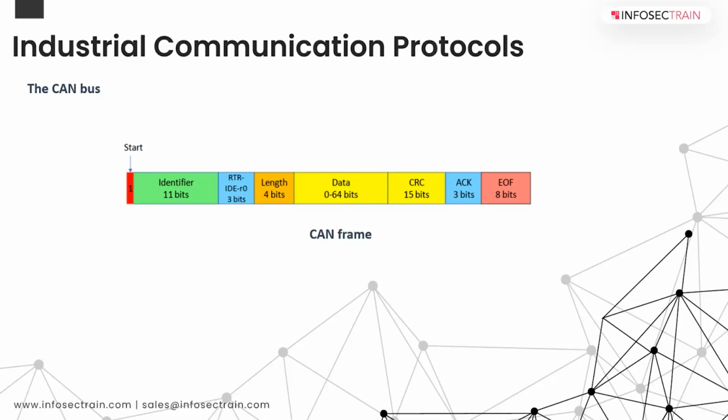And I don't know if you folks remember, sometime back, maybe 7, 8 years back, there were some famous attacks on the Jeep models of that time. So there was a research paper at that time, and if this is something of interest, you should probably read that paper. So, like all the protocols we saw before, this is also unsecure, unfortunately. So with CAN bus, we come to the end of the industrial communication protocols.